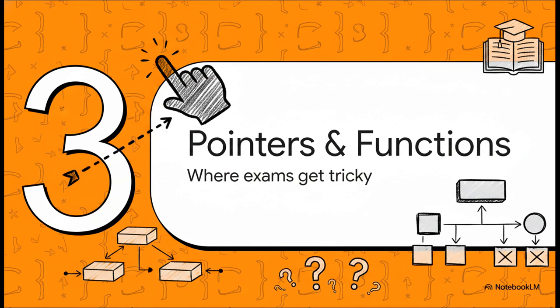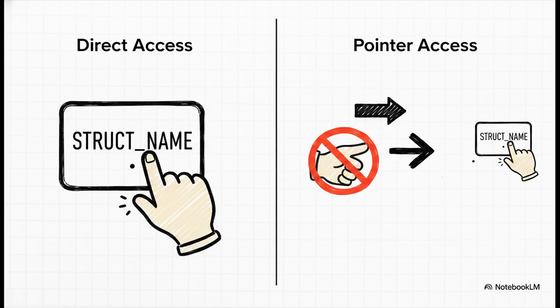So let's really dig in here. Here is one of the most important rules you'll learn today. We already know that for a variable, you use a dot. But what if you have a pointer to a struct? Well, you can't use a dot. Instead, you have to use the arrow operator. It's that little dash followed by a greater than sign. Just think of it as saying, hey, follow this pointer to where the struct lives in memory, and then grab